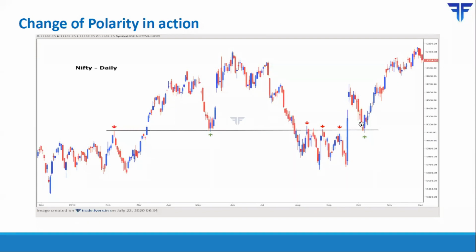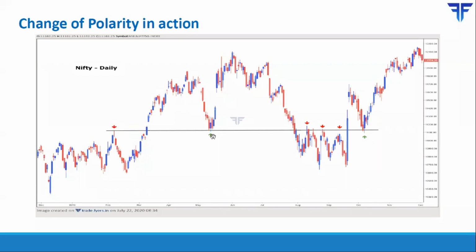From there it rallied, came down, but again if you see that former area is again acting as support. So within this particular 7 to 8 month window, look at how this particular area acted as sometimes resistance, sometimes support, and so forth. In markets, it is commonly said that price has memory, and this chart kind of proves it. So this was the first time that level was tested in the form of resistance.